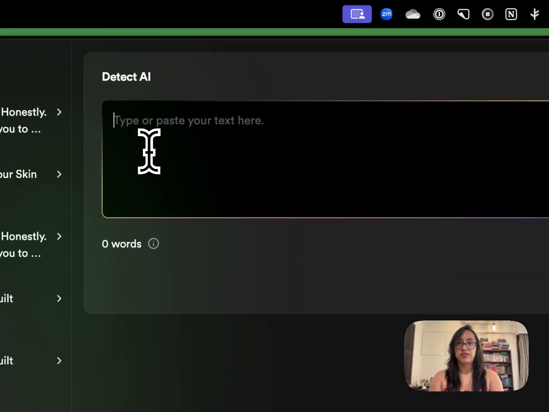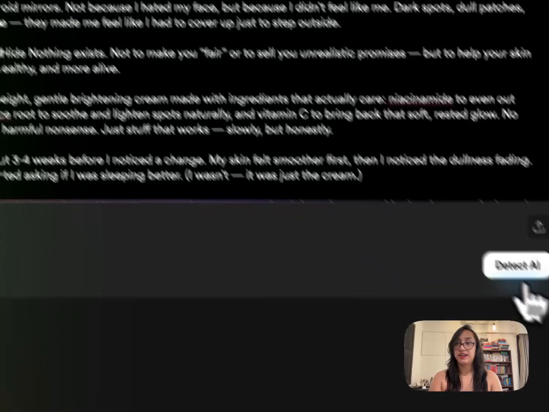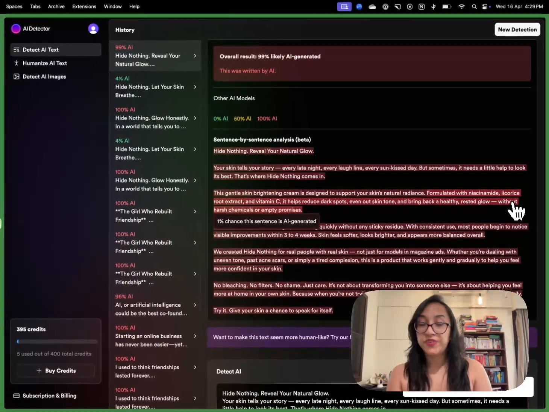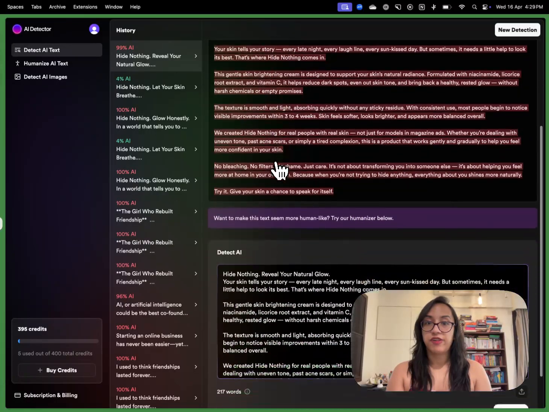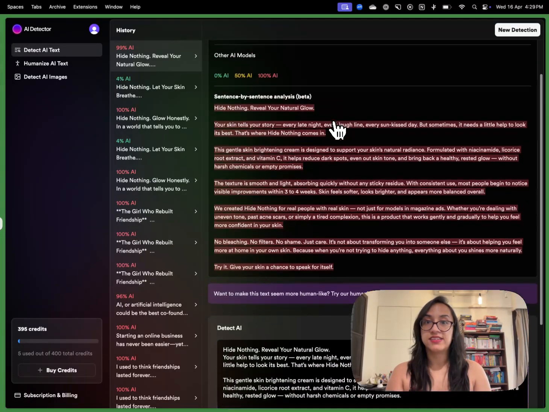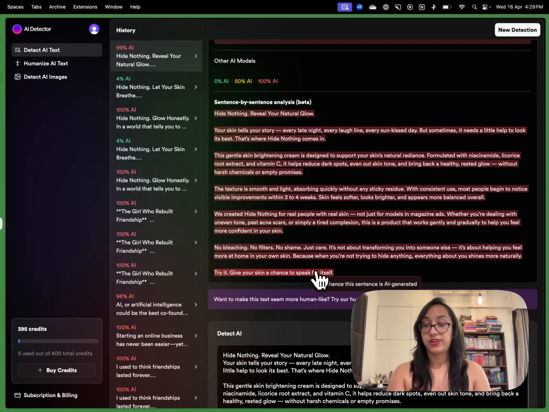Then once this box comes up, I'll paste my text here, click on detect AI. Within a few seconds, I got the result, and even now it says that this was 99% likely AI generated, that this text was written by AI. When we go down, almost all the lines come up in red, which gives indication that this was an AI generated text.